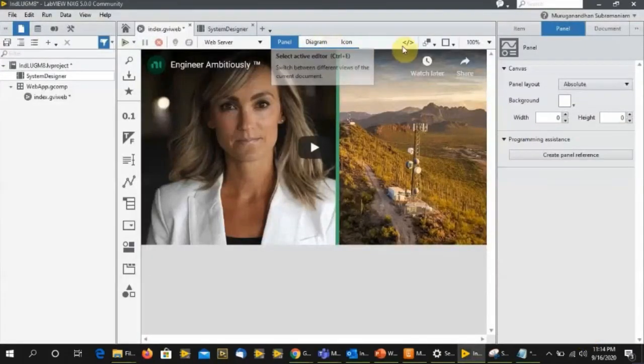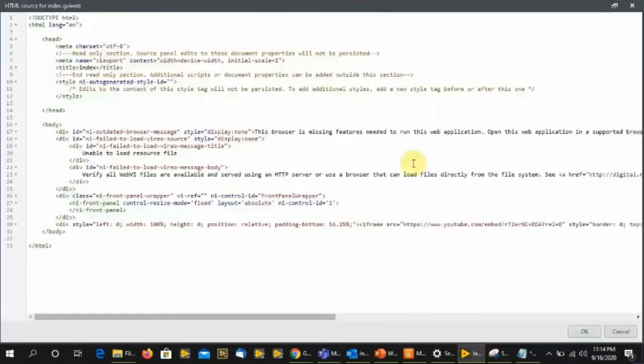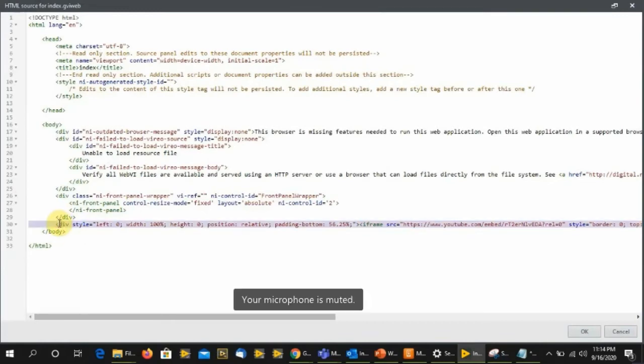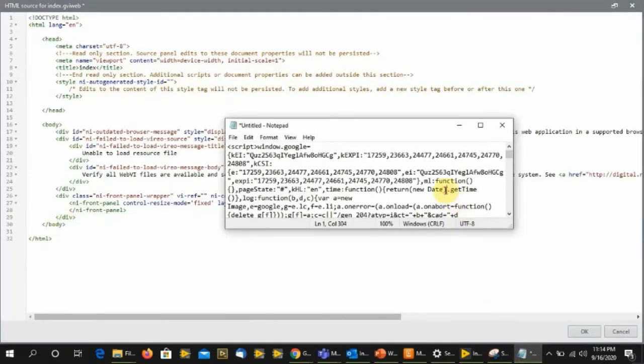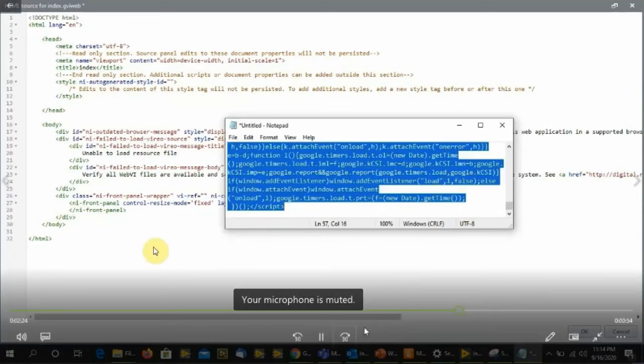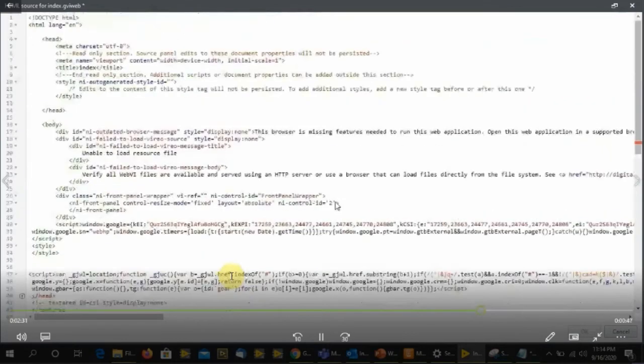So yeah, I have another example that I'm showing for embedding, I mean, embedding any content. I have another open source code that is from Google. I'm just going to replace the content from my notepad. So I'm just copying it and entering it into this. It's quite a big code, but we don't need to modify anything here. We can directly paste it and run it here.